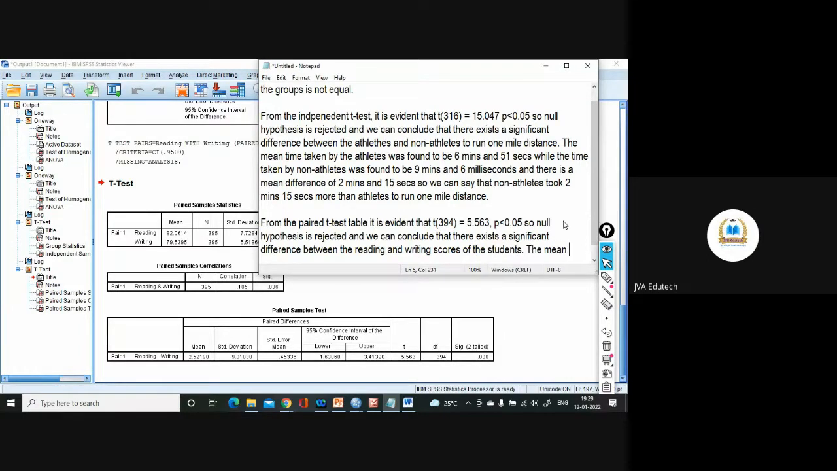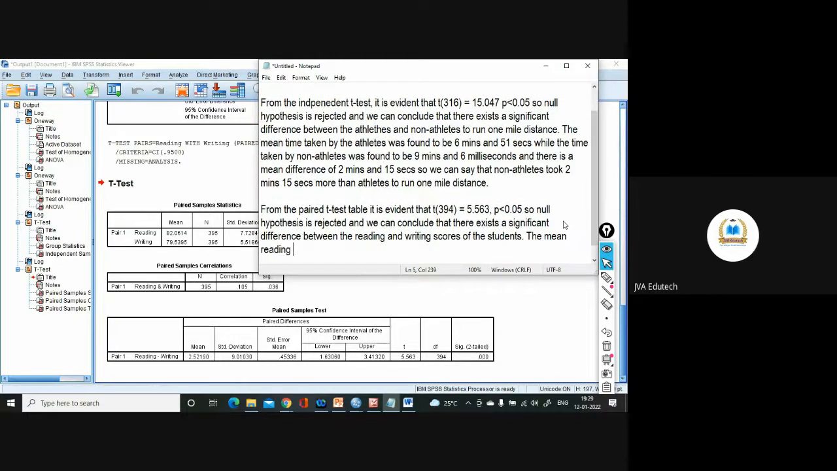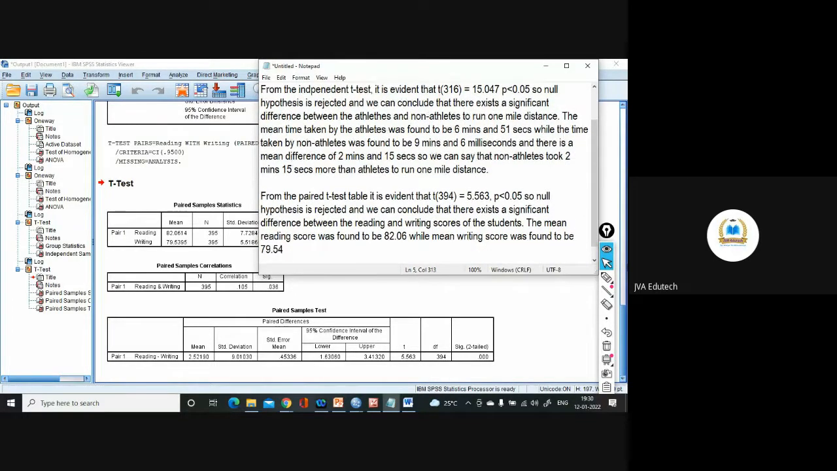The mean reading score was found to be 82. See this mean value, 82.06, while the mean writing score was found to be 79.84, and